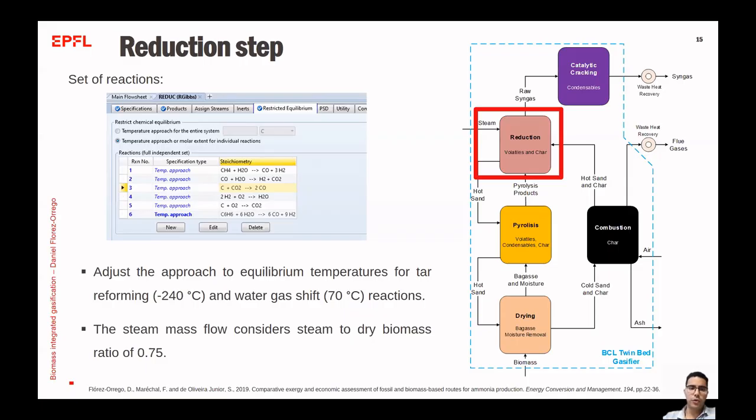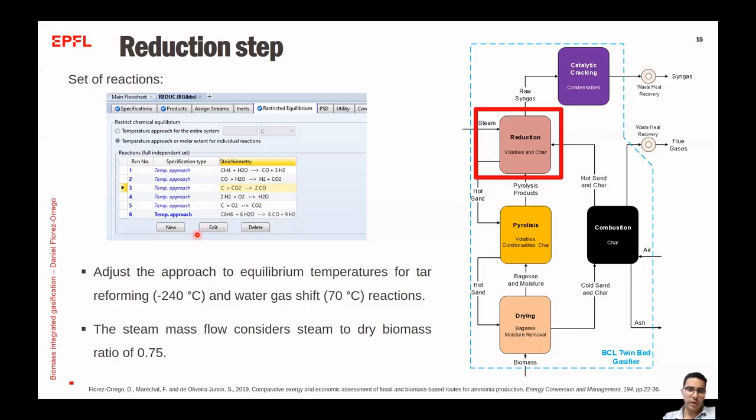Next, we have the reduction step. In this step, all of the gases that have been generated during the pyrolysis process, together with the gasifying agent, that in this case is the steam, are reacted in different sets of reactions, such as the methane reforming, the water gas shift reaction, the carbon dry reforming, and then other equations that are also going to produce condensable tar,